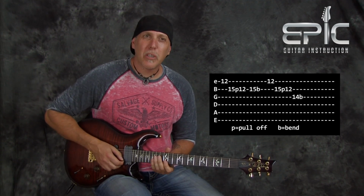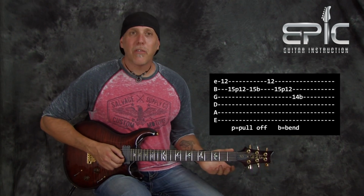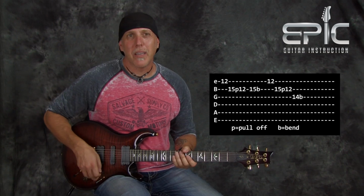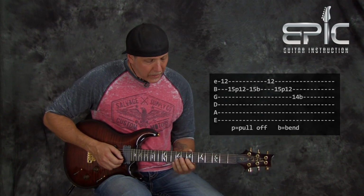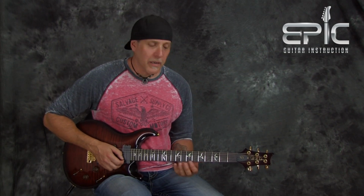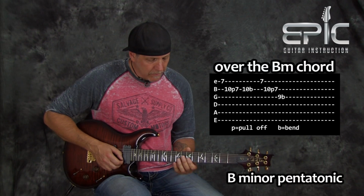Then just kind of work it up to a little faster. And it's a very, very fun lick that you could repeat and roll over, and it sounds like you're playing a lot faster than you really are. The cool thing, what we'll do is we'll take that lick, and then when the change comes to that B minor chord, just move it down off of this B minor pentatonic here off the 7th fret. You're going to play the same lick off the...